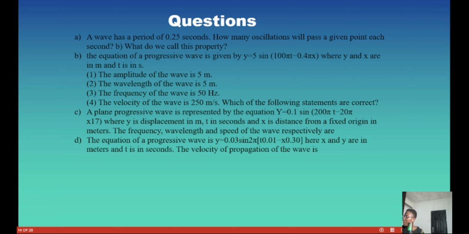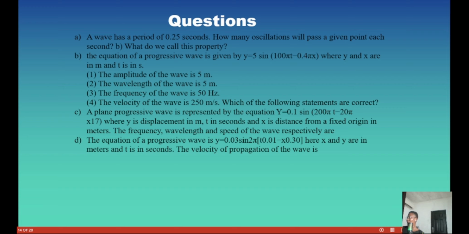So they gave us the period. Recall that T is equal to 1 over f, and they gave us T to be equal to 0.25 seconds. So to get our f is just what? 1 divided by T, which is equal to 1 divided by 0.25. And we are good to go. If we want to get it quickly, we can multiply this by 1,000 and this by 1,000 to quickly divide it. So we have 1,000 divided by 10, which is going to give us 100 Hertz.